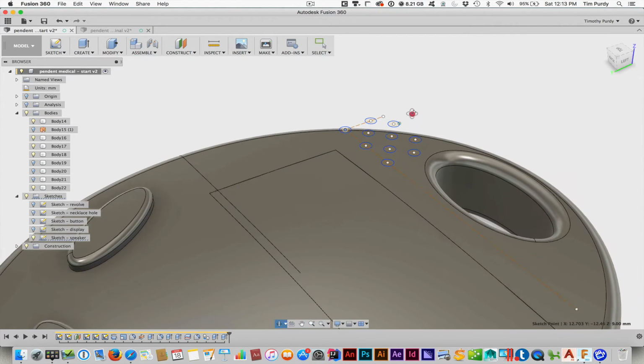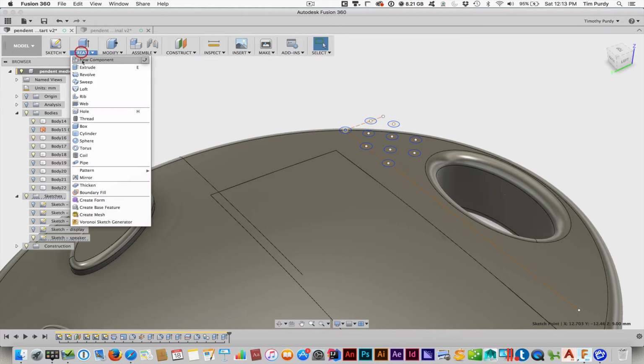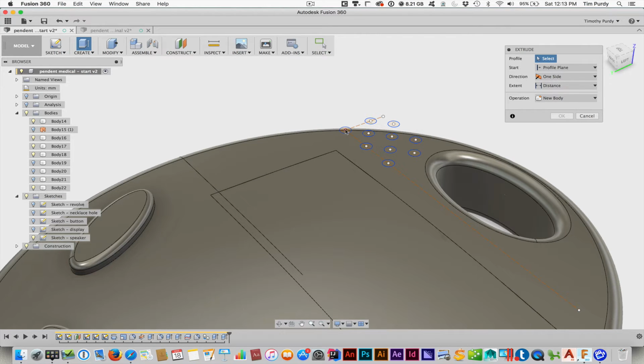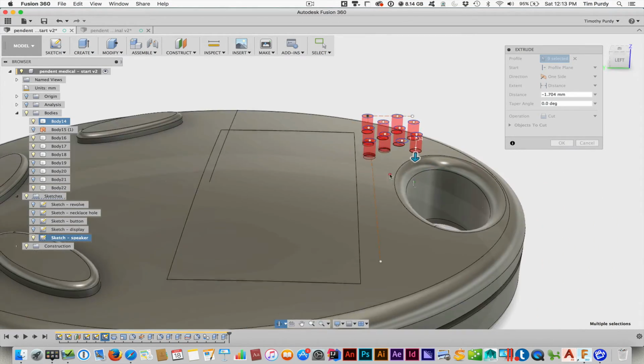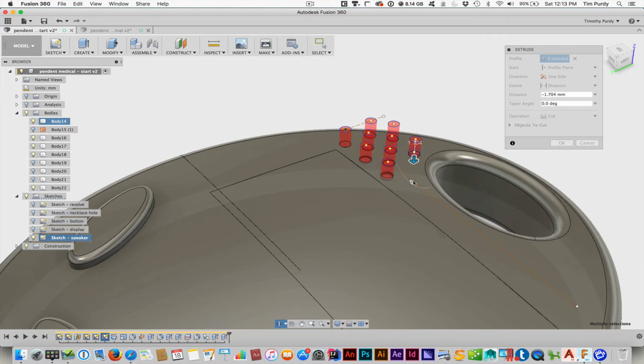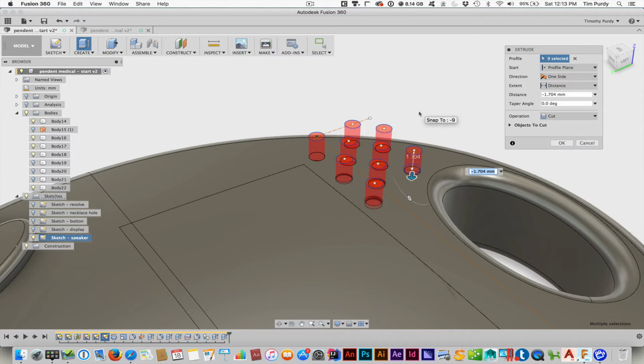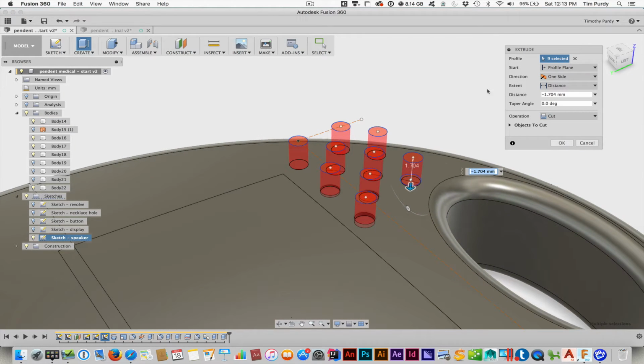and zoom up on that corner once again and extrude. Go through and pick all these profiles real quickly. Make sure I got everyone. Okay, it's jumped down, saw that there was a surface down there, assumed we want to cut into it. Now this one, what we can do, let's see if we can do something. So it's one-sided. We're going from the profile plane into the form there, and distance-wise,